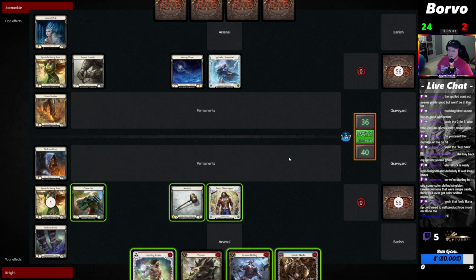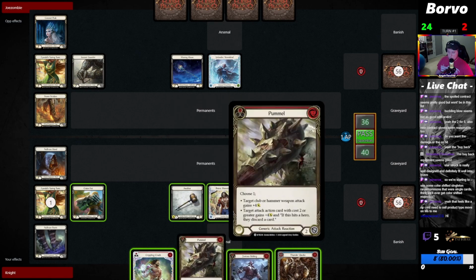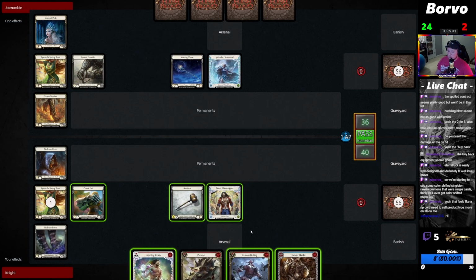Is it normally correct to attack here? Probably not. Which one would we play? I think I would rather block the Zealous and keep the pummel. Maybe... No, I think I want Zealous a little bit earlier. So, I think we just...